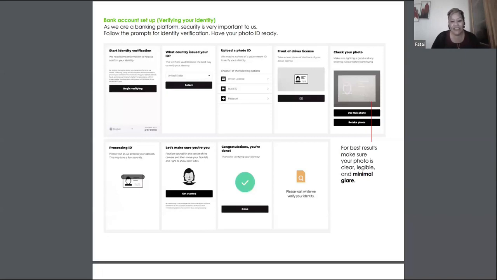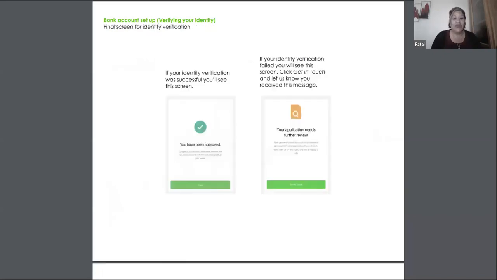And then everything is going to scan, and it's going to say, congratulations, you're done with uploading your ID as well as your facial features. And now you're going to wait for it to verify your identity. This is the final screen for the verifying process. Now, if your identity is verified, then you are going to receive the pop-up notice where it says you've been